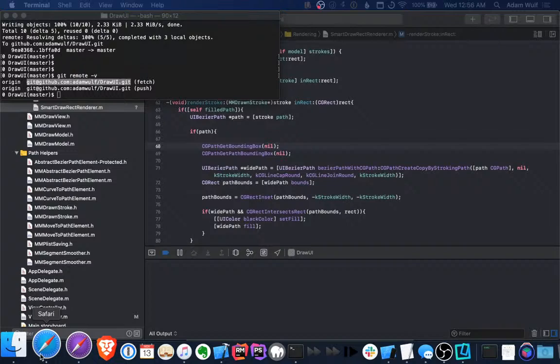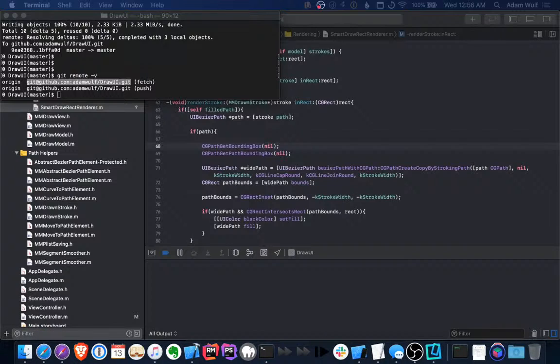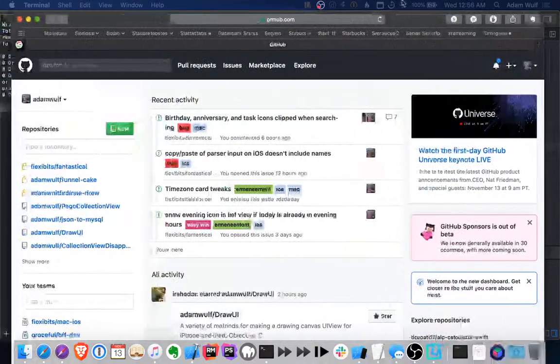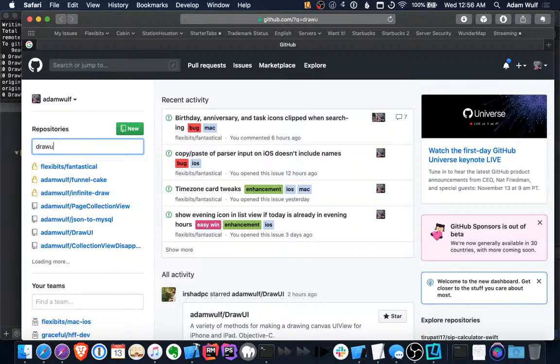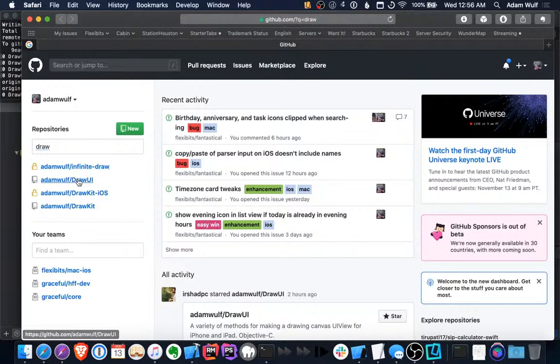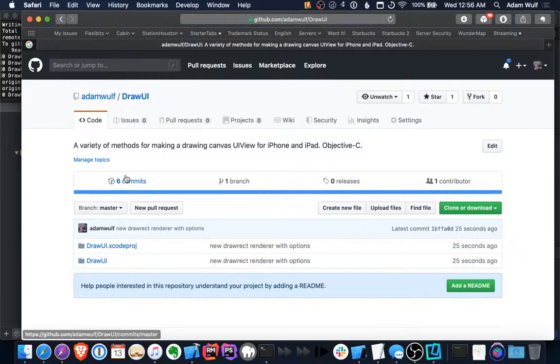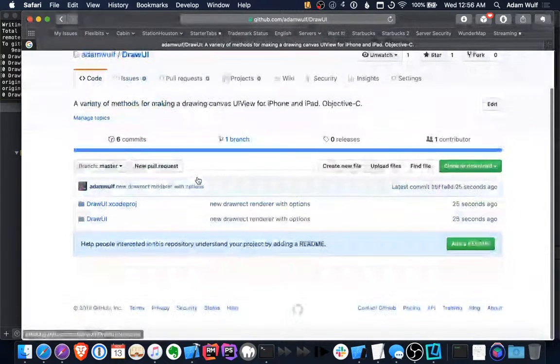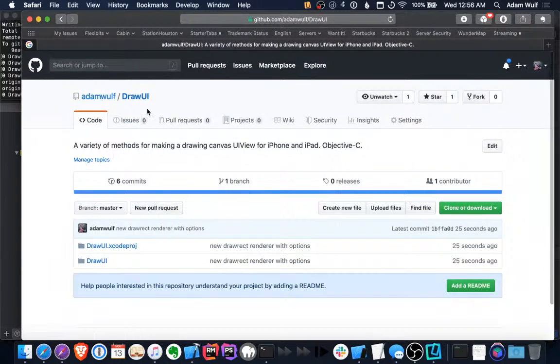Let me pull it up on GitHub so you can stare at it in all of its beauty. That guy. So this repository right here is what I was working on today, and it is a couple different